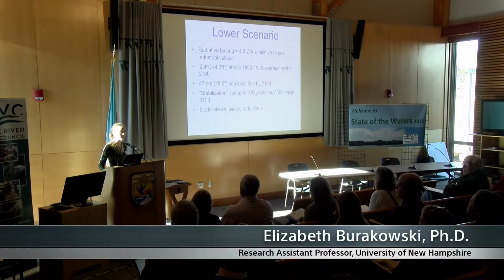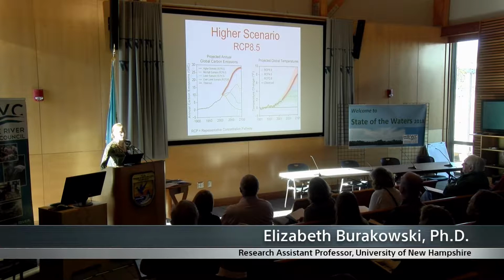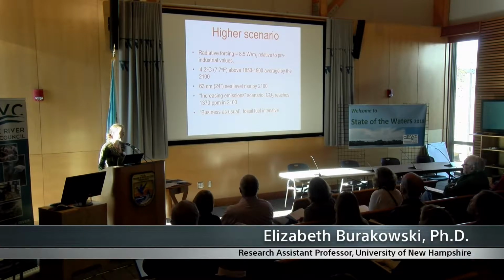Very close, 280 parts per million. So 650 is a huge change. 410 is already a huge change. Under a higher emission scenario, this is the RCP 8.5, also known as our business as usual. Emissions continue, it's very fossil fuel intensive. Now we're looking at 7.7 degrees Fahrenheit above the 1850 to 1900 average. This is globally. 24 inches of sea level rise by 2100, and increasing emissions such that CO2 reaches 1370 parts